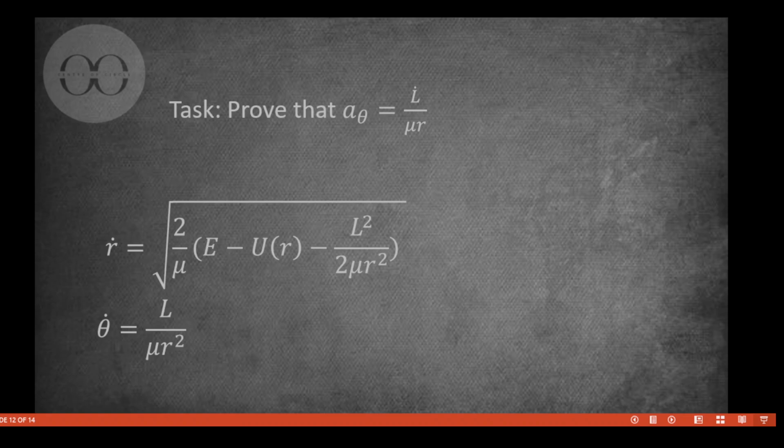Here E is the total energy of our system, which is kinetic energy plus potential energy. As we mentioned earlier, our potential energy is some function of r which is unknown. So because of this, we denoted the potential function as U of r. We don't know yet what the potential function is here. And minus L squared divided by 2 mu r squared, it is nothing but these terms,